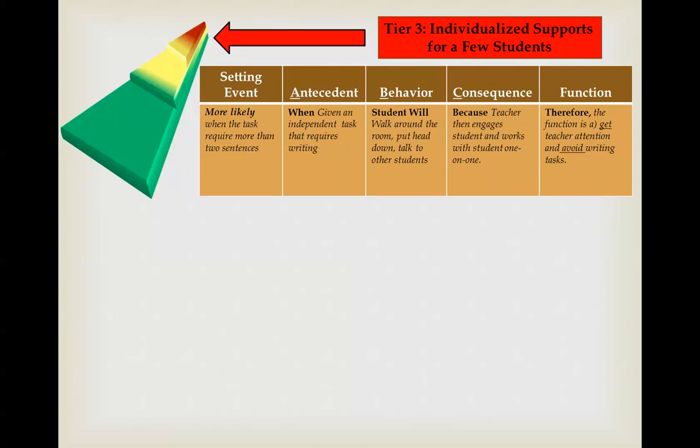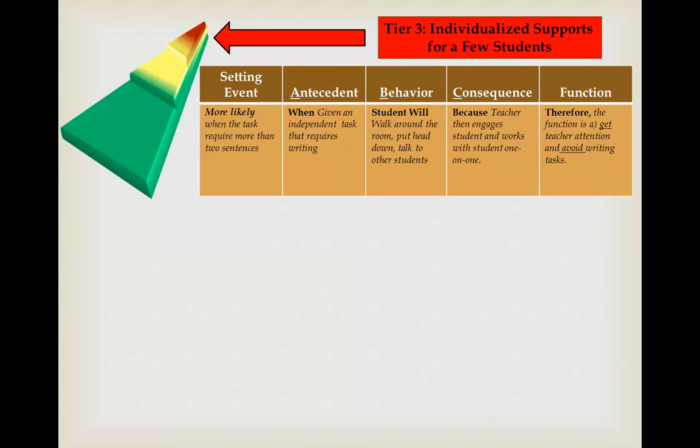Therefore, the function is to get the teacher's attention and also avoid the writing task through the help they're getting, and all of this is more likely to happen when the task requires writing more than 2 sentences. All right, so that would be a summary statement that resulted from an FBA.